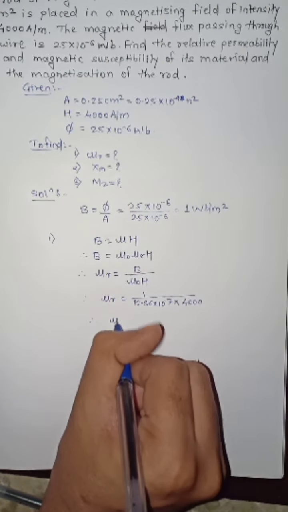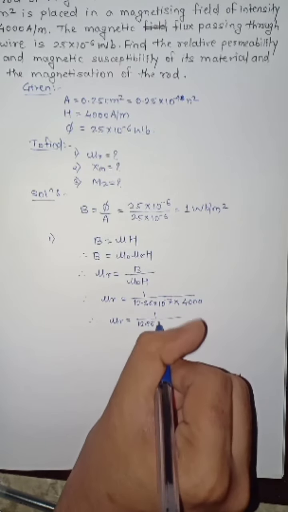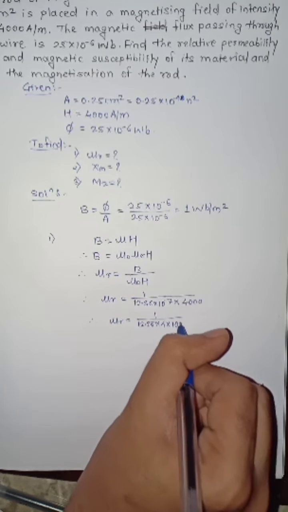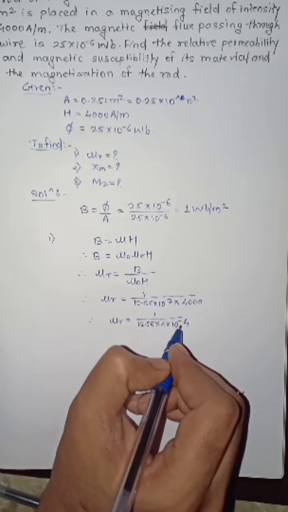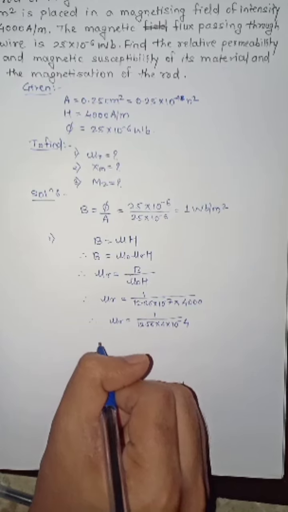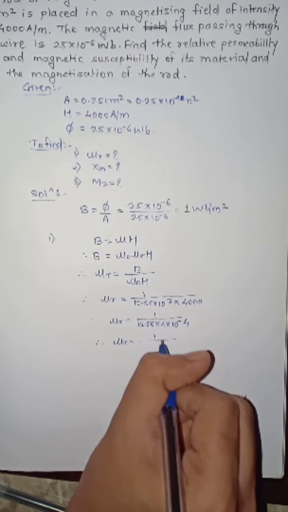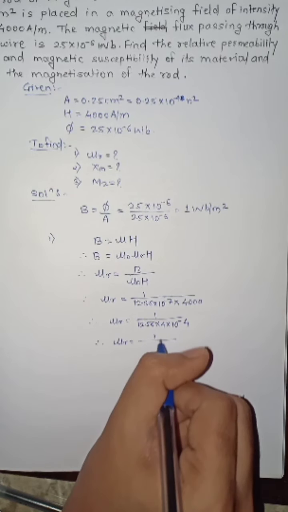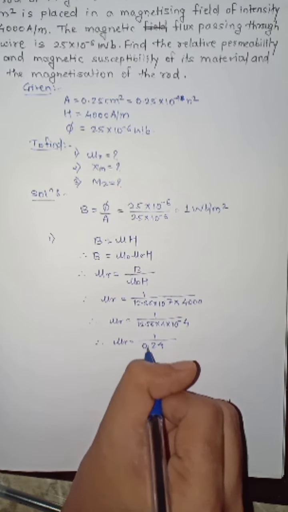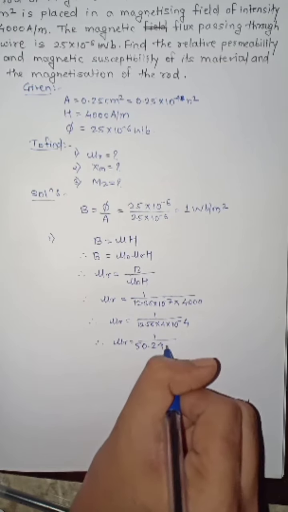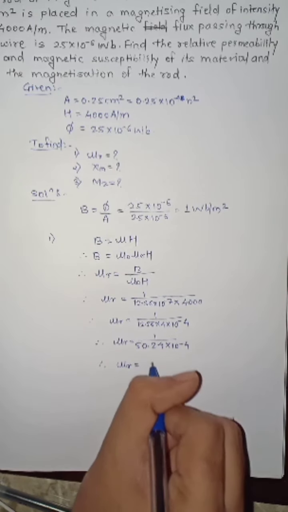Therefore we get here mu r is equal to 1 upon 12.56 into 4 into 10 raised to minus 4. This 10 raised to 3 gets cancelled with this minus 7, so we get here minus 4. So 12.56 into 4 we get as 4 sixes are 24, 2 carry 4, 5 fours are 20 plus 2 22, 2 carry 4, 2 fours are 8 plus 2 10, 1 carry 4, 1 four is 4 plus 1 5 into 10 raised to minus 4. Therefore we get here mu r is equal to 1 upon